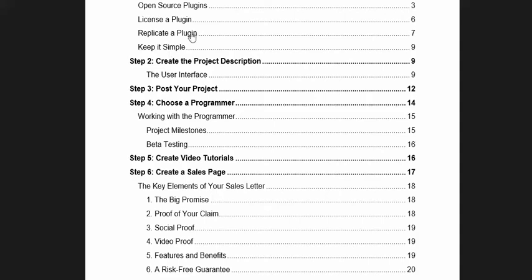I love the way they broke this down: creating your description, choosing a programmer to work with you, creating video tutorials, and the elements of the sales page. I love the fact that they've gone over that so much. As a matter of fact, they virtually stepped out how you write a sales page there. That was cool. I thought this was good stuff.